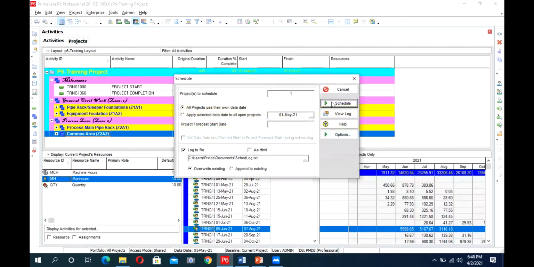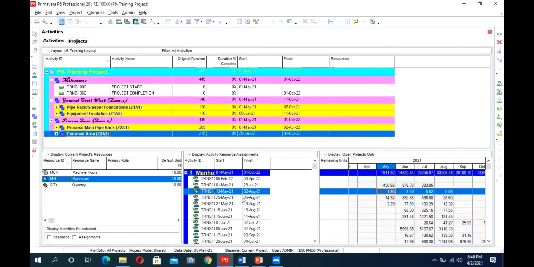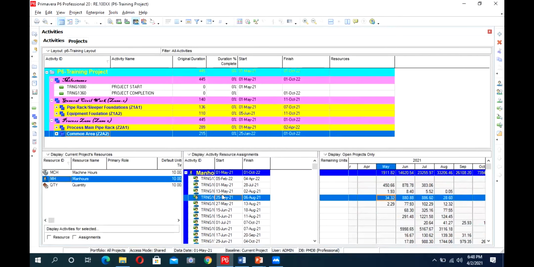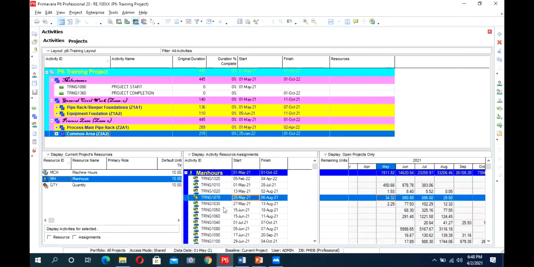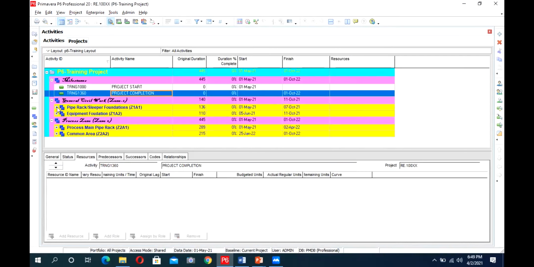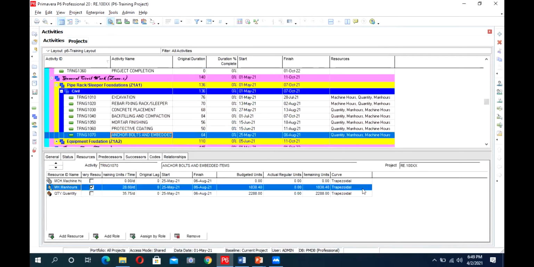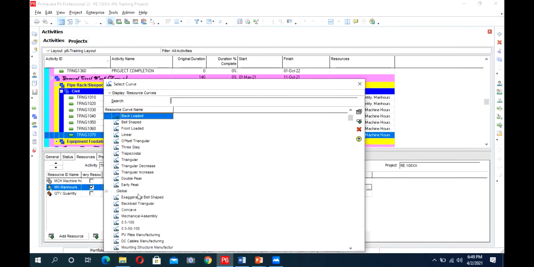Schedule it once. So I think it was some other activity we were changing.